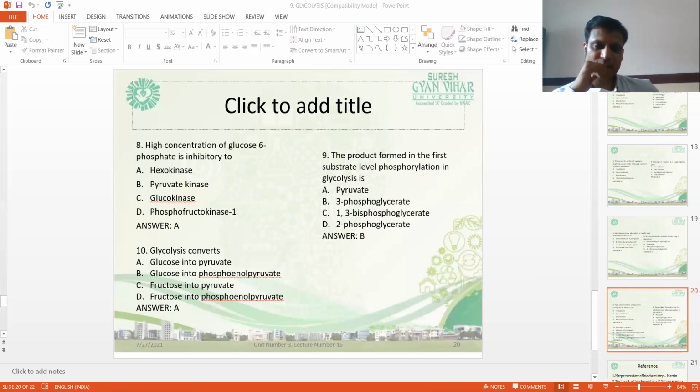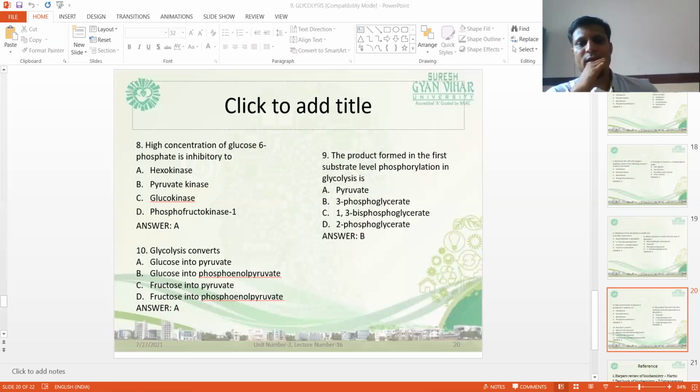So the 8th MCQ: a high concentration of glucose 6-phosphate is inhibitory to hexokinase. When a high concentration of glucose 6-phosphate is there in the cytoplasm, the hexokinase is not functional. The product formed in the first substrate-level phosphorylation in glycolysis is